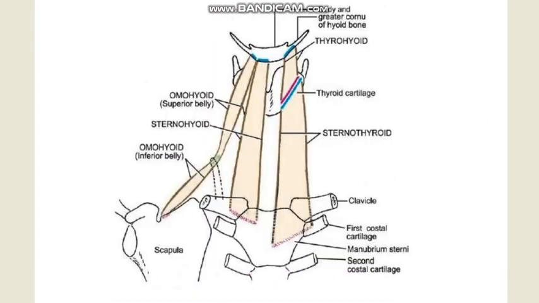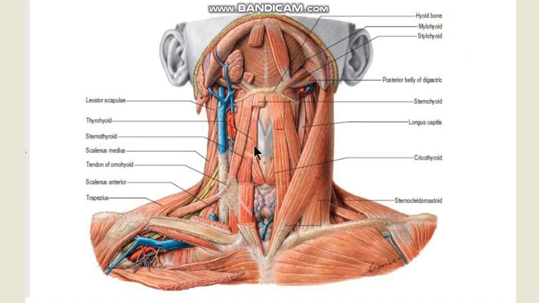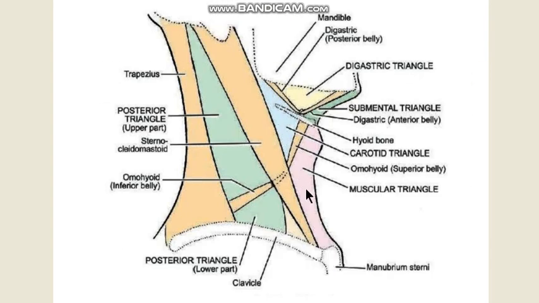Now can we take a closer look at these muscles? Here we can. So you can see the sternohyoid muscle over here, sternum to hyoid, the sternothyroid, its continuation the thyroid, and the omohyoid. So 1, 2, 3, 4. These four muscles together are called the infrahyoid muscles. Now if you want to look at the contents over here in the muscular triangle, it does not have any significant contents, but what is important is that below this floor you have the thyroid gland and the larynx, trachea, and esophagus.